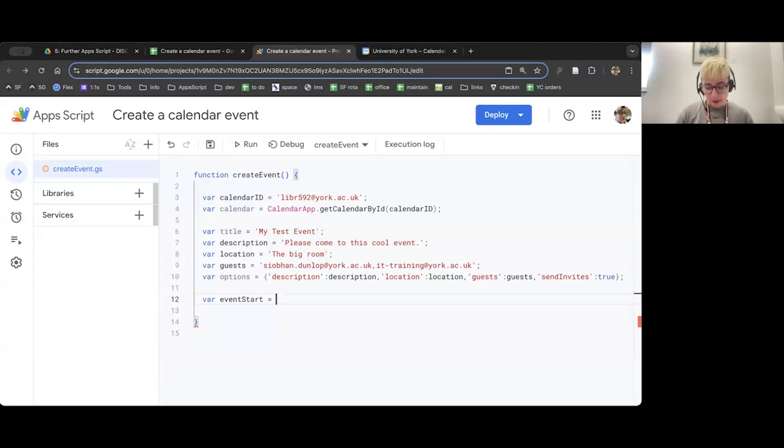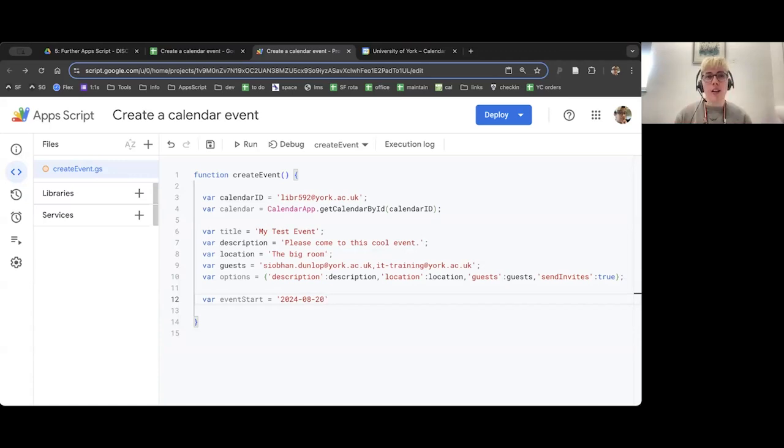So I'm going to put some quotes, and inside I'm going to write a very specifically formatted date and time. This is an ISO format. You can look them up online. I recommend reading about JavaScript date objects and what formats they can come in after you've watched this video if you haven't already, because it will help you understand what I'm doing. So I need to put the year first, and then a hyphen, and then I'm going to put the month, and then a hyphen, and then the day, and then that's the date sorted.